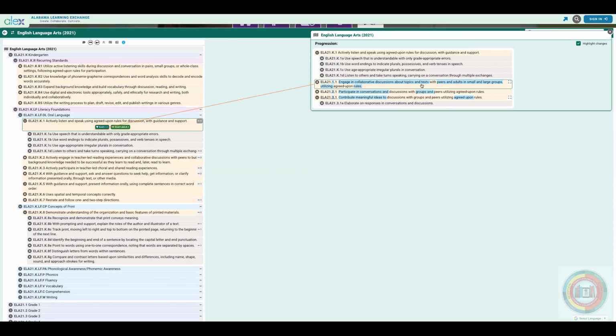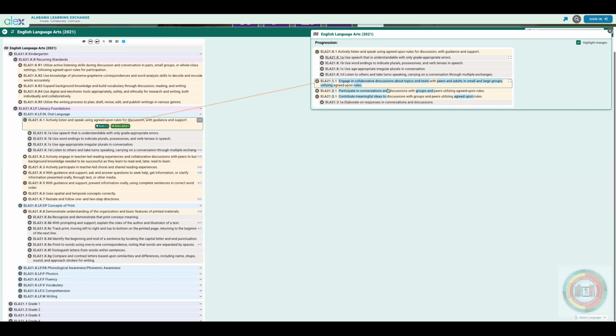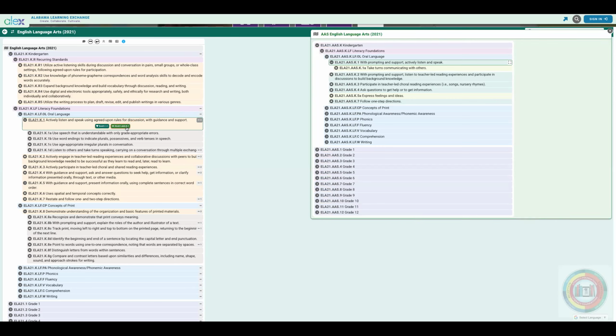And you'll see these kind of blue highlights. That's highlighting what is the difference between each of the standards. So it pulls out how it changes over the progressions throughout the grade levels. This other little rectangle is going to be the association to the alternate achievement standards. So this is showing how this general education standard is associated with this alternate achievement standard.